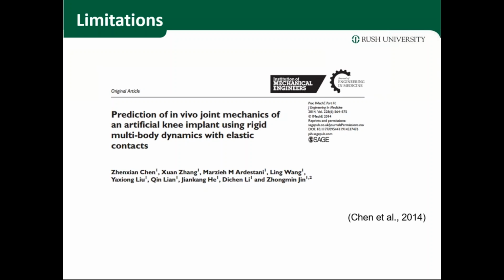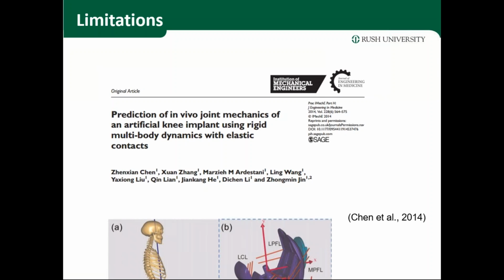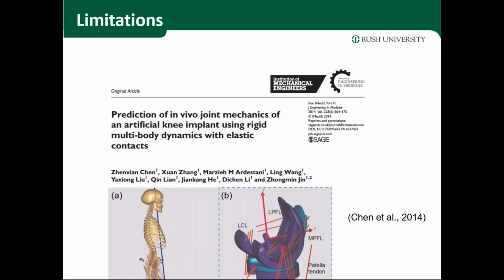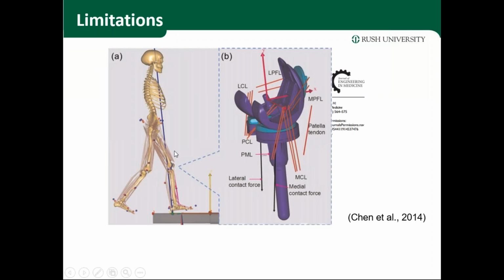We have done it in the past. Here is how the model looks. So you can replace the knee joint with the geometry of an implant, and then you can calculate all of